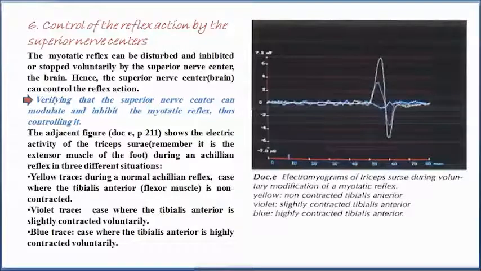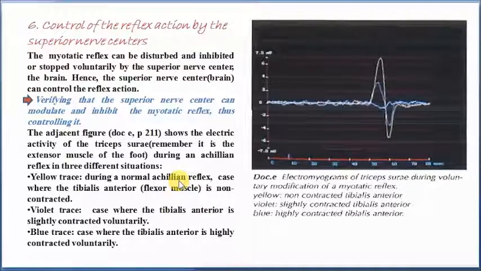The electrical activity of the triceps surae was recorded during an Achillean reflex in 3 different situations. The first situation is during a normal Achillean reflex, where the tibialis anterior, which is the flexor muscle, is non-contracted. Remember, as we have explained previously, in a normal Achillean reflex, the triceps surae, the extensor, is going to contract since it is receiving